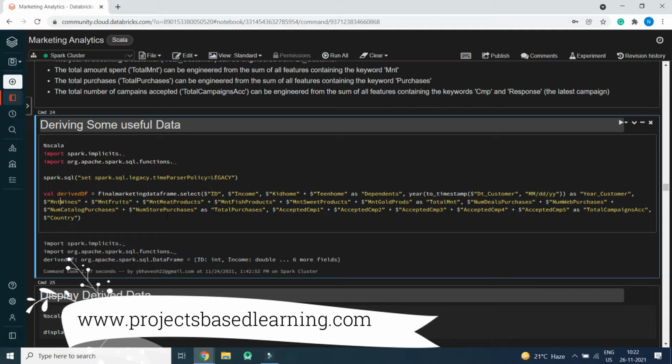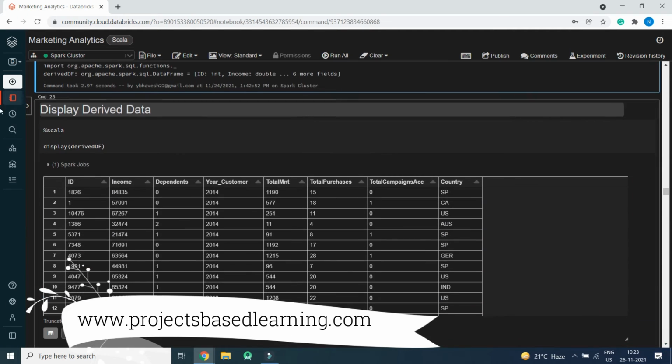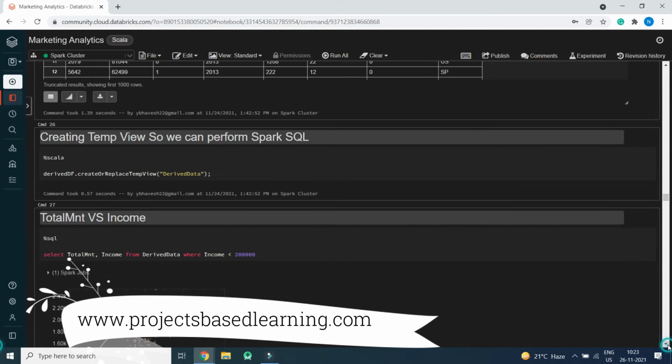Number of deal purchases, web purchases, catalog purchases, and store purchases equals total purchase. Accepted campaign 1, 2, 3, 4, 5 is total campaigns, and we are fetching the country column. So here we have derived data which looks like this: ID, income, dependent, year of customer, total amount spent, total purchase, total campaigns, and country.